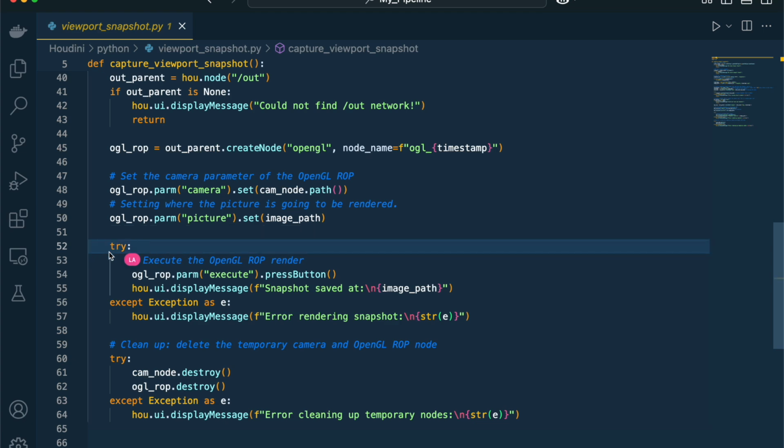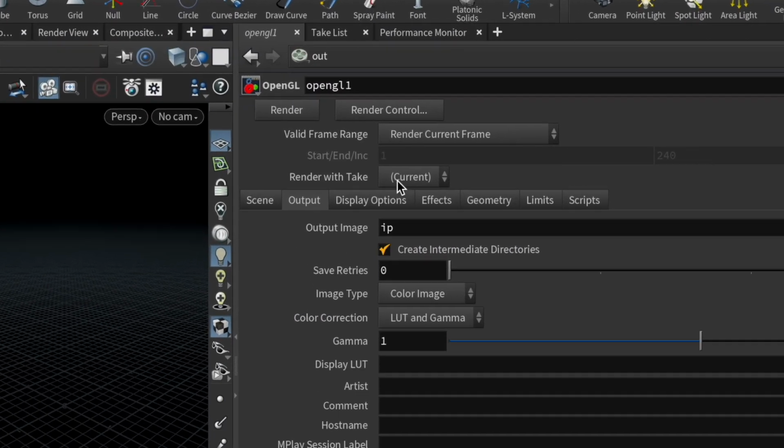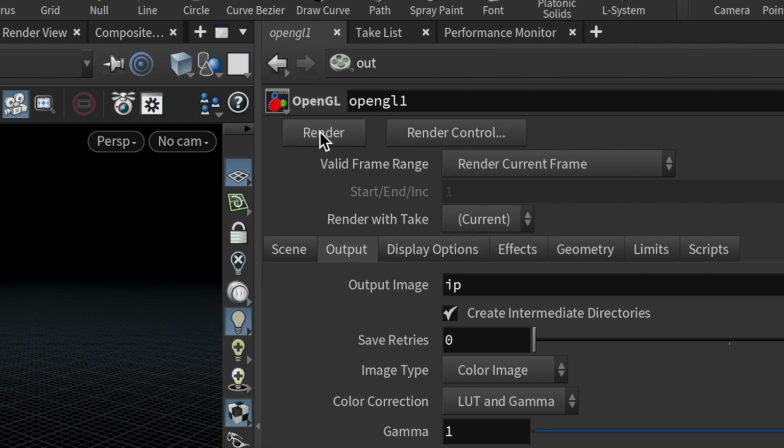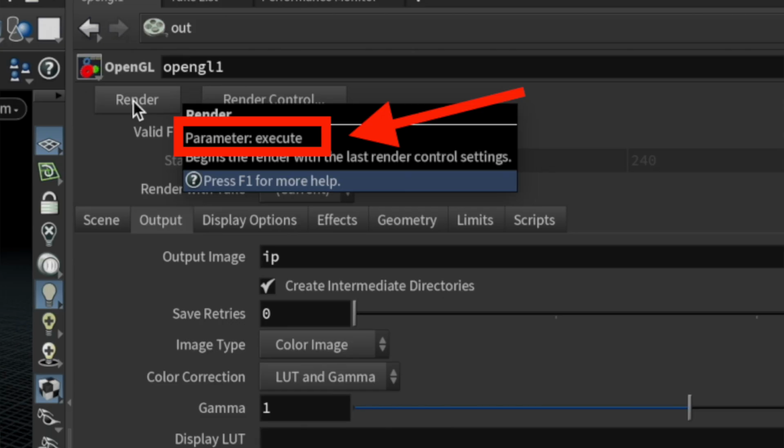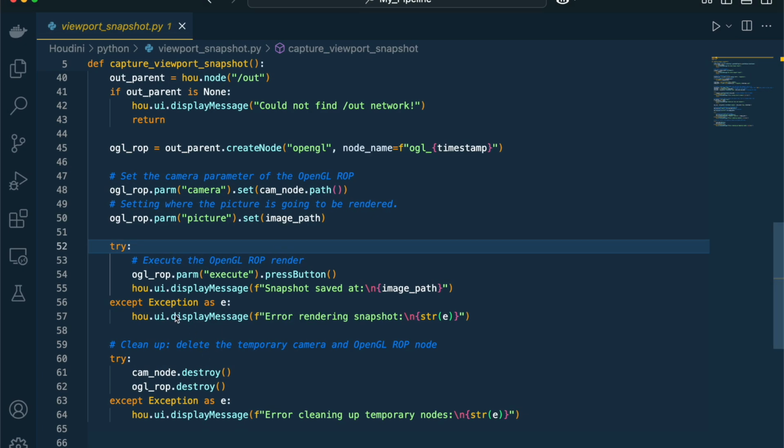Now it's gonna try to execute. In order to execute it, we need to click in this render button. So same thing, we're gonna hover over the button and we're gonna see that there is a parameter called execute. So we go back and we try to execute it. OGLROP.parm and then execute. Whenever we are working with buttons in Houdini, we always have to call this method called press button. Then, after it was pressed, it's gonna display a message under the Houdini UI saying snapshot saved at,